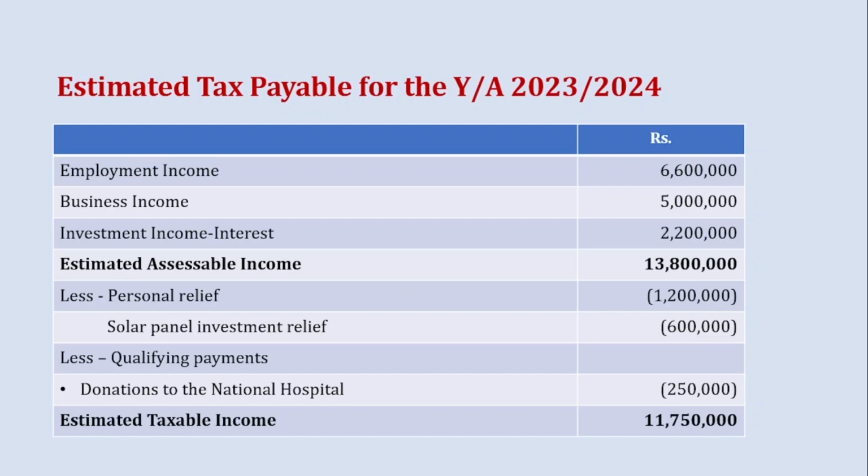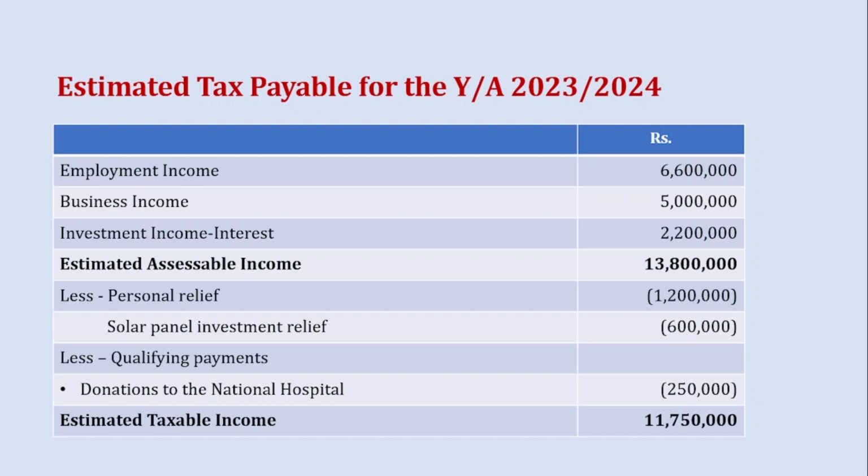Okay, now we are going to calculate the estimated taxable income. Employment income 6.6 million per year of assessment. Estimated business income 5 million. Estimated investment income, interest 2.2 million. Then estimated assessable income 13,800,000. Then this person can deduct the applicable personal relief, that is 1.2 million per year of assessment, and in